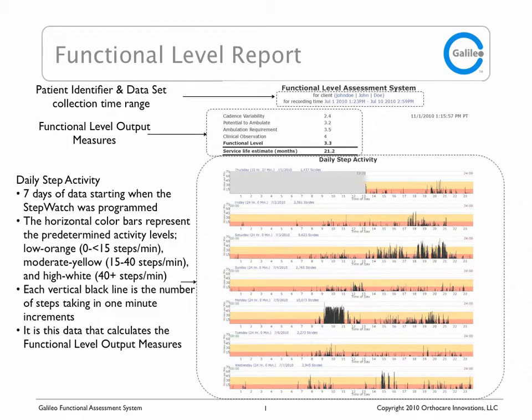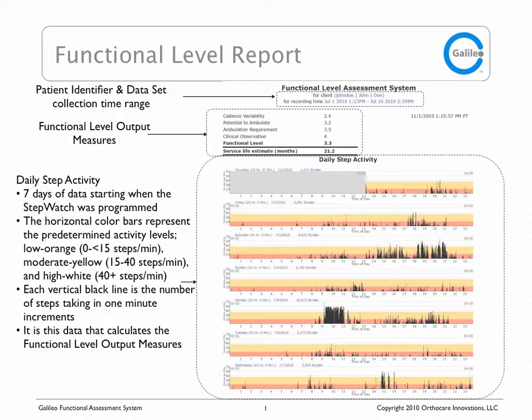Now that we've seen the Galileo in action, let's take just a minute more to examine the report that is generated. Here we see an example of a standard report. Let's break it down into some subsections. At the top, we see the patient identifier, followed by the functional level output measures, and lastly, the actual recorded